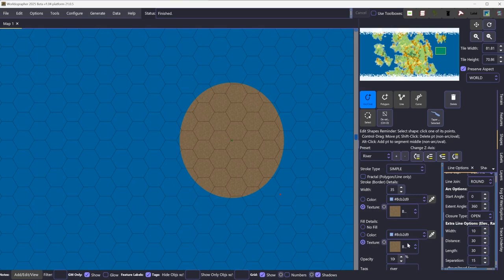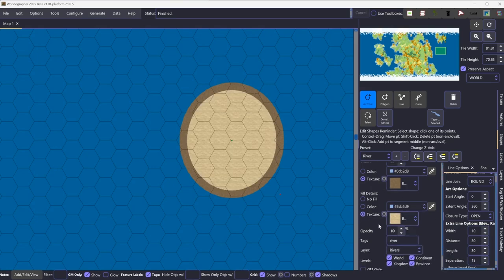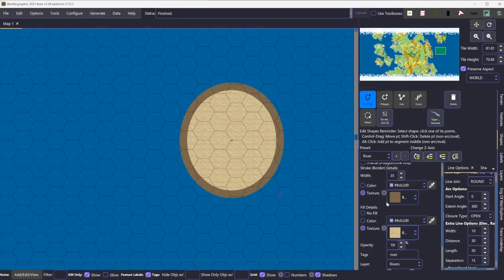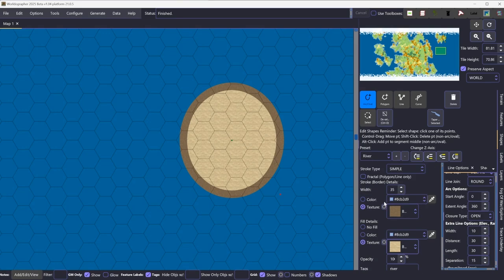You can make this a texture, make it a different texture. So you've got all these options here, and actually, since we already went through half of these options, let's just go through them. This medicine dropper is kind of cool in that it lets you pick a color from the map and set it to that color. So if I went ahead and made this fill that color, and if I didn't have an easy way to get back to that color,